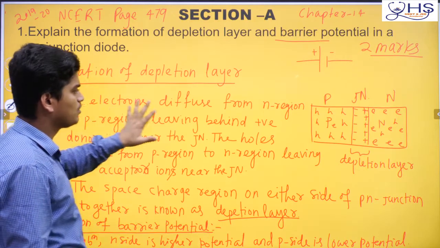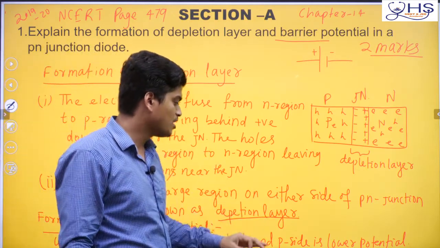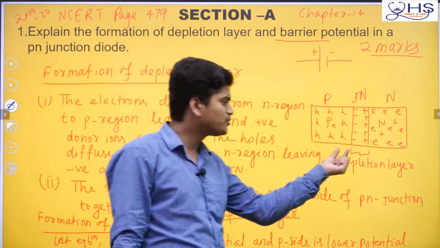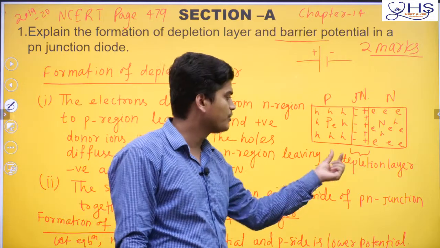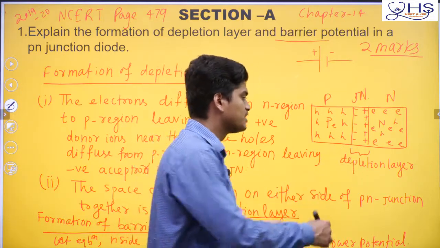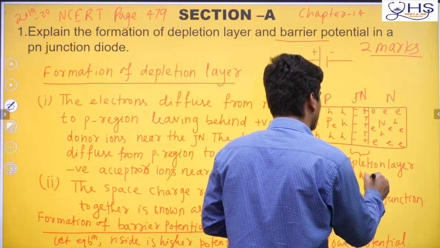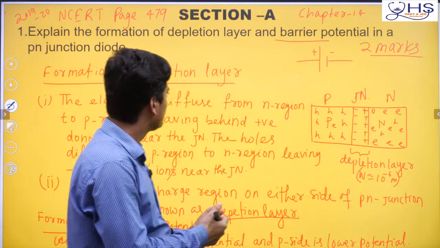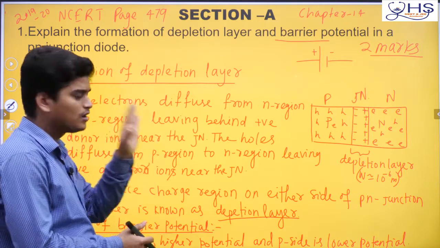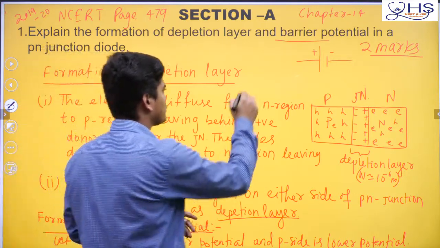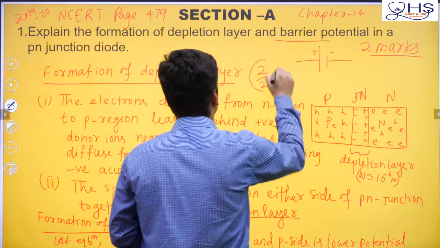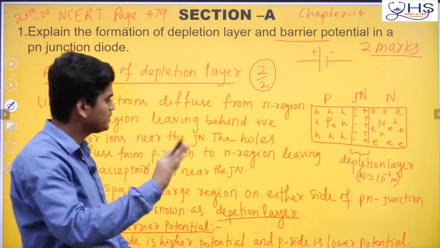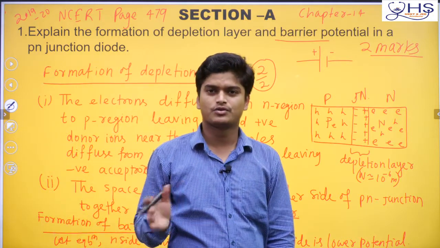So how the depletion layer is forming, potential is forming, and this picture also is possible too, and width of the depletion layer also you can write. Suppose width of depletion layer is order 10 to the power minus 6 meter. So this width will come around 10 to the power minus 6 meter. So this type of idea if you are keeping, then definitely nobody will lose a single mark from this. Okay, so 2 out of 2 you will be getting here. Okay, but these words should be there. Okay, if you are writing here and there, then it is very difficult to give marks.